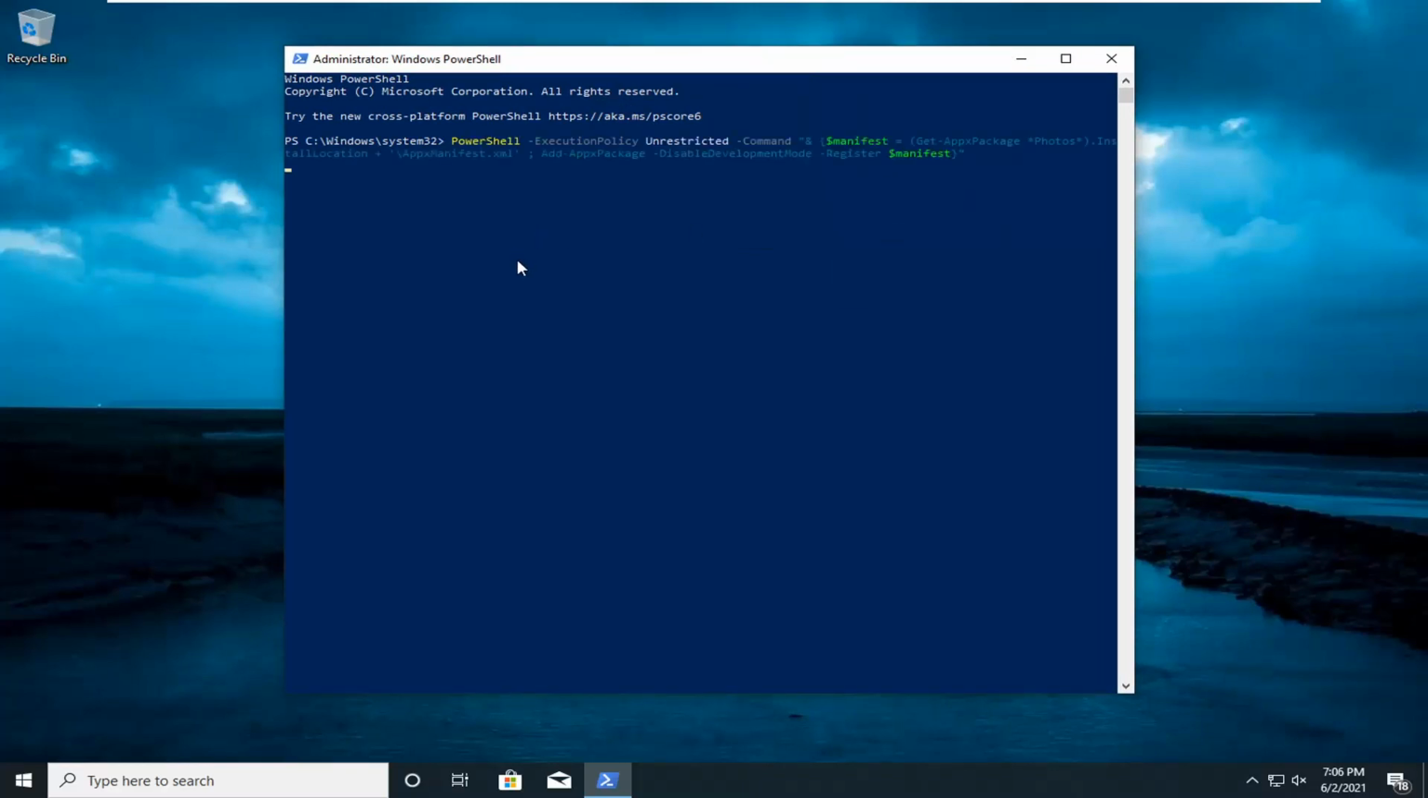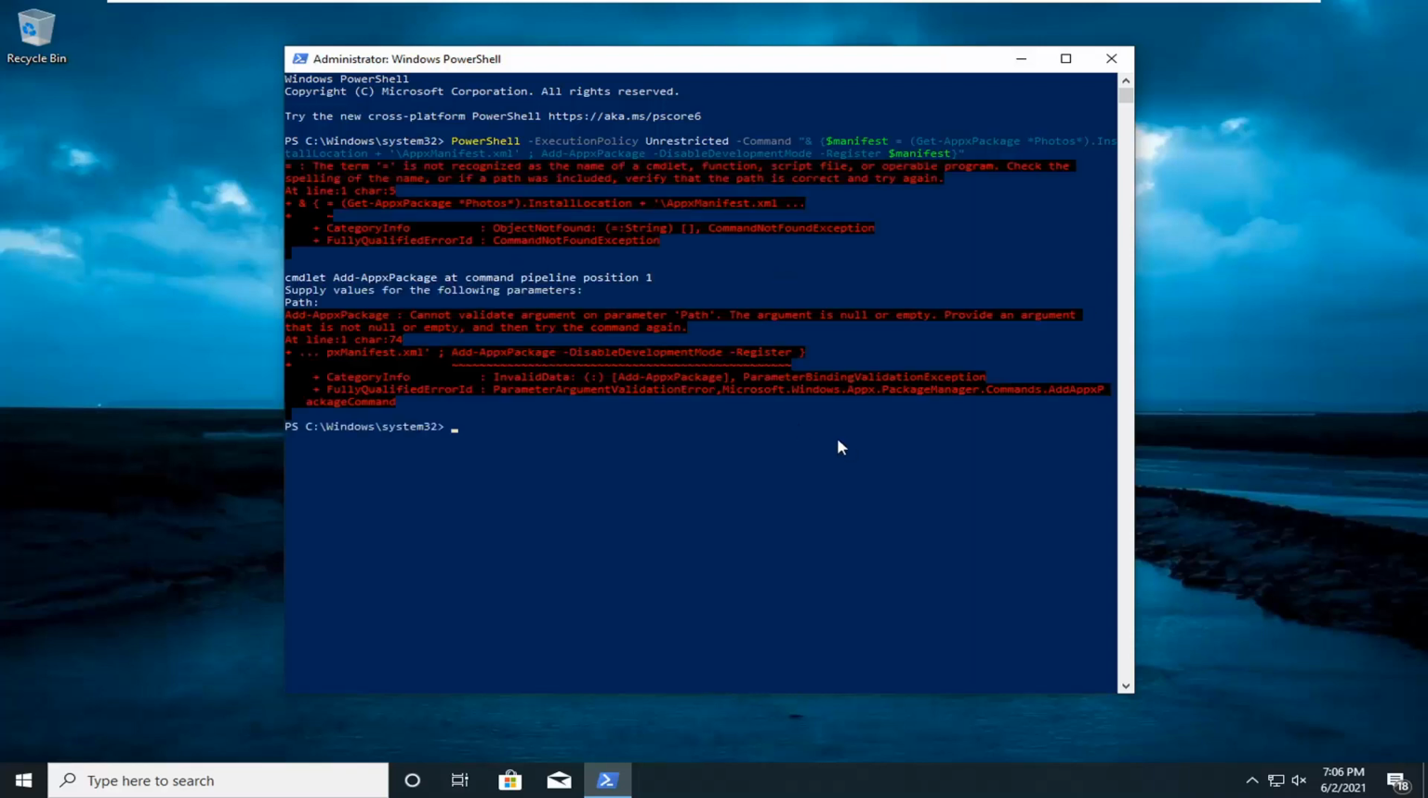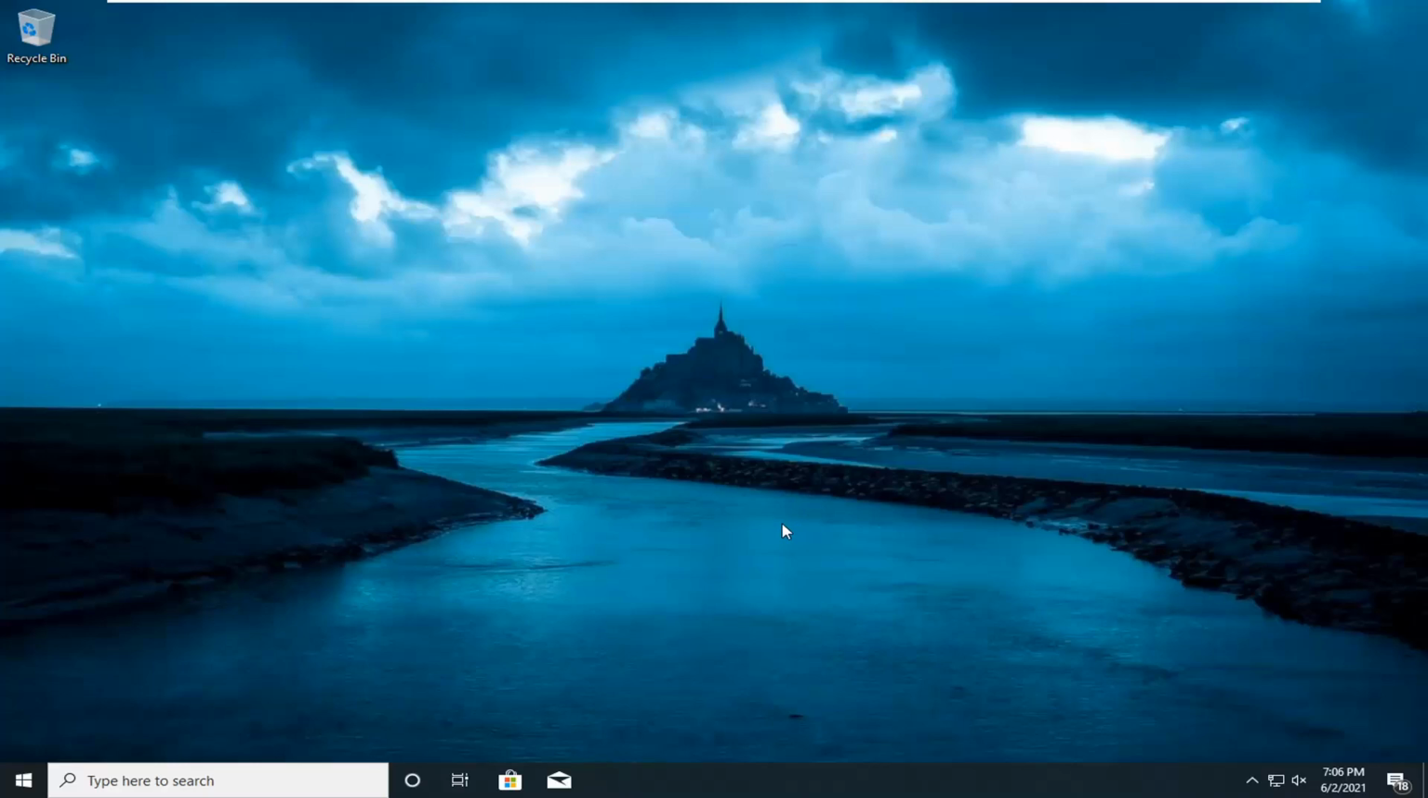Give it a moment here. This would work if for some reason the photo sample is removed, and then we were just reinstalling it. However, it is installed, so that's why it's not working, but it would work if it wasn't on your computer, if that makes sense. A third thing you can try here is to perform a system restore,